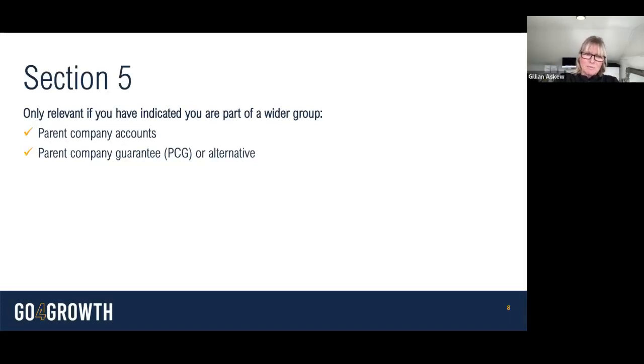And you might be asked for something called a parent company guarantee or an alternative. So an alternative to a parent company guarantee, a PCG, might be a project or a performance bond, for example. They're not limited to construction, but they are more often found in construction. What they effectively do is they guarantee the performance of the contract, or they protect the contracting authority on default of the contract. And they're usually required at time of contract signing. We have got a couple of links to some more information on PCGs that we have found, so we'll send those out also with the document pack after the session today.